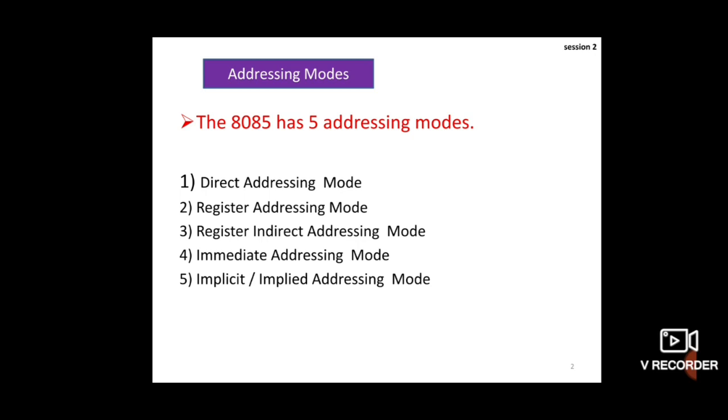Students, first we will see what addressing mode means. Addressing mode means the method of specifying the data to be operated on by the instruction. See again, the method of specifying the data. Whatever data you specify in the instruction to be operated on is called the addressing mode. Now see the addressing modes one by one with suitable examples.